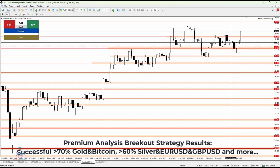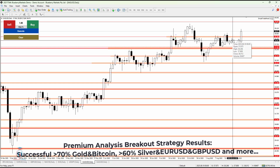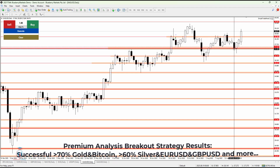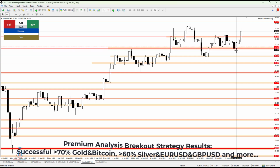Silver this week started the week with the price in between this area of resistance and this area of support. The price has formed a small bullish candle, trying to reach higher price levels unsuccessfully. Then on Tuesday the price returned back down, reaching a support level here of 37.39. From here the price has bounced, but before that the price was trying to move further down below this area